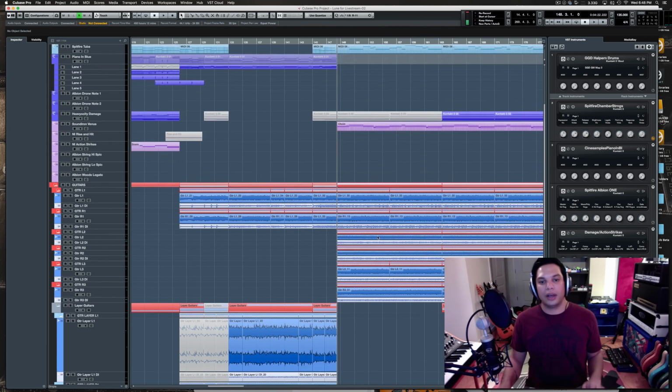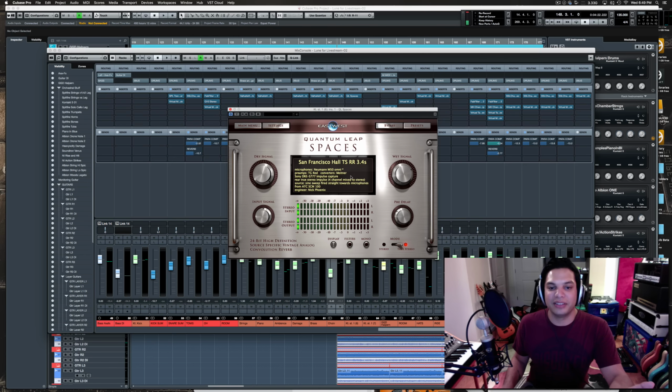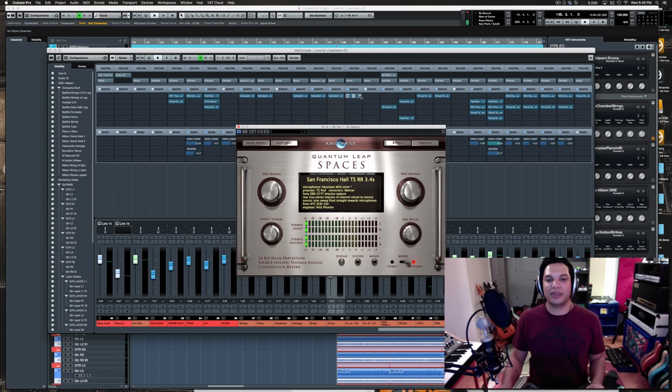I'd use the close mic, and I'd use QL Spaces, because I really like this. It's convolution reverb, and they've got all these different actual places. They kind of have notes on how they were captured. Like you can see, I don't know if you can see because the resolution is probably terrible, but this tells me that the microphone's a Neumann M50 Omni, preamps TG Red. It's a very accurate representation of these rooms.